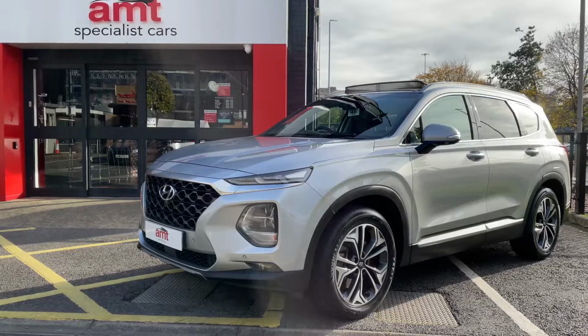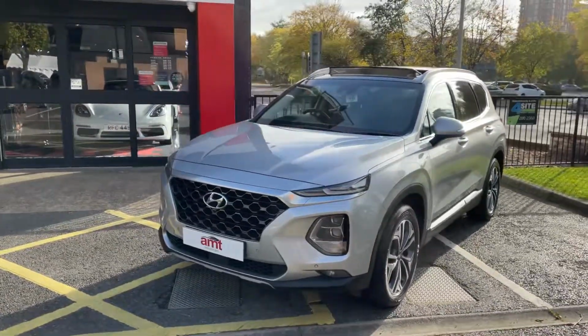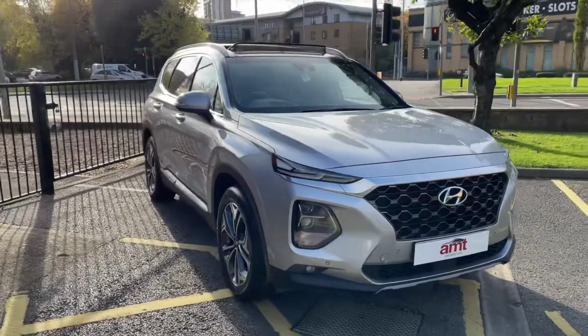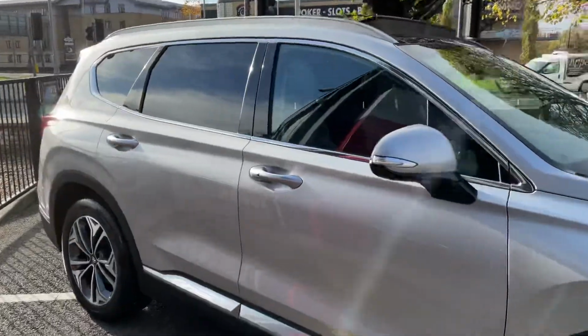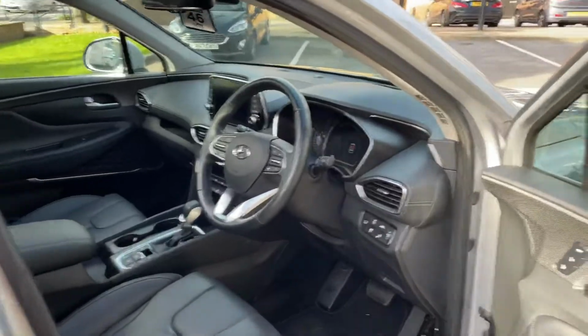What a treat we have for you today. This 2020 Hyundai Santa Fe. The specification on this car is unbelievable. I'd probably struggle to tell you what it doesn't have rather than what it does. You can see there it's got the sliding glass panoramic sunroof, keyless entry, keyless go,